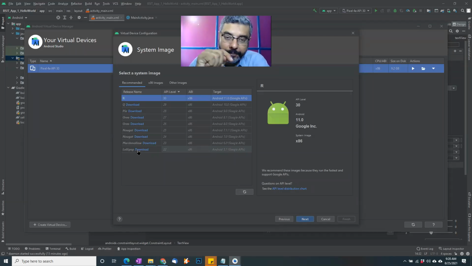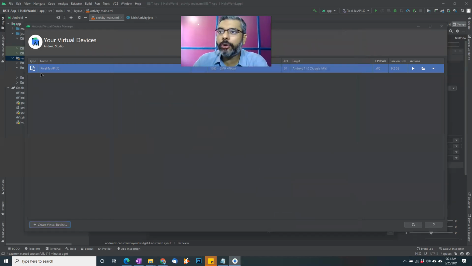So you again need an internet. Okay, so remember, one main thing I had said that when we work with Android Studio, do ensure you have an active internet connection. Most of the time, it will try to do something fishy with your internet as well. It will try to download few files as you go along. So you click on the download button, it will download your required API files for that particular version. Then click on next and it will be installed. Simple as that. So to install this AVD, this is all you need to do. Okay, so you click on virtual device, select a particular phone, download API, click on next, it will install.